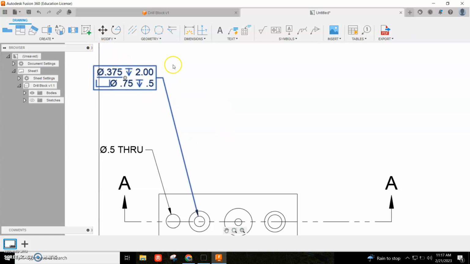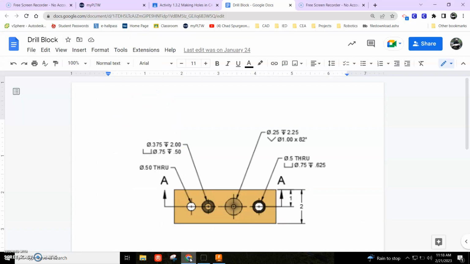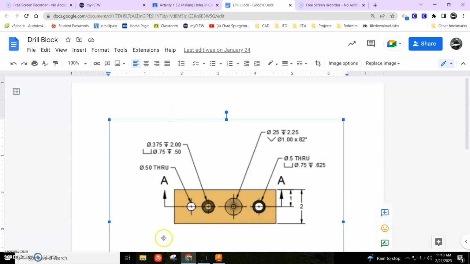So what I'm doing here is labeling this up to be what it was from the start. Those all mean specific things, and I want to make sure that I understand, not really just how to label it. That's, well, it's important. It's not overly important. What I really need you to understand is that this is the symbol for counterbore, and this is the symbol for countersink, and what those actually mean. All right, I'm going to leave you to the last two. If you need a hand grabbing